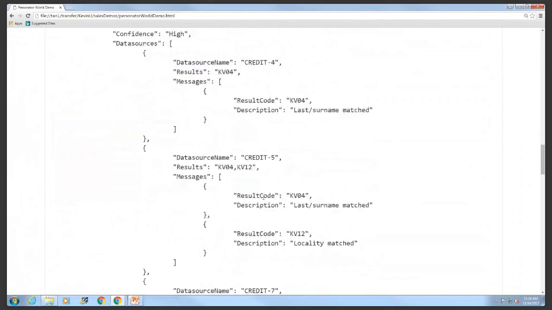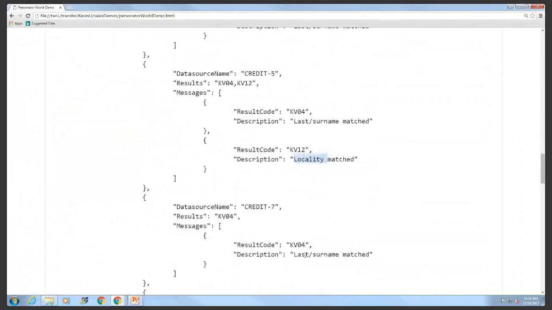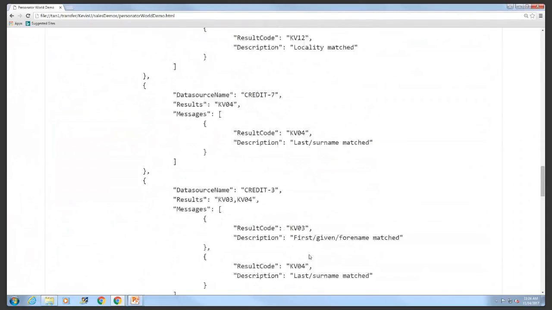Another credit source. You see here, the different types of credit sources are being indicated by their numbers. But in this other credit source, you're able to verify the last name and the city or the locality. Another credit source, you're able to verify on the last name. Another credit source.